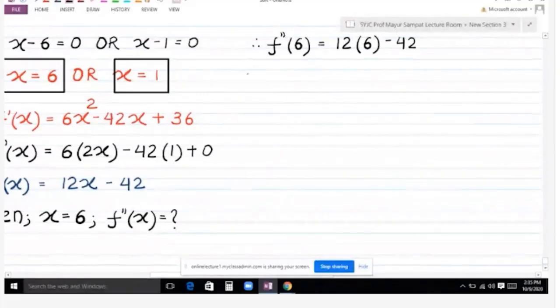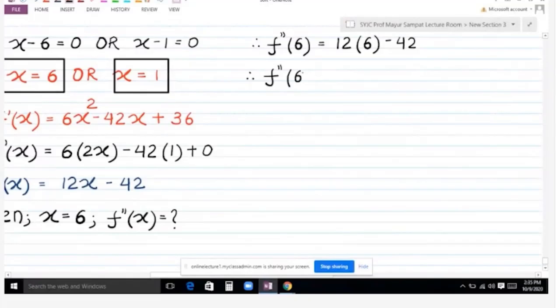But 12 into 6, 72. 72 minus 42, 30. But 30 is